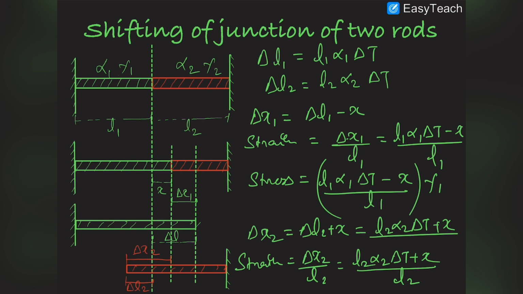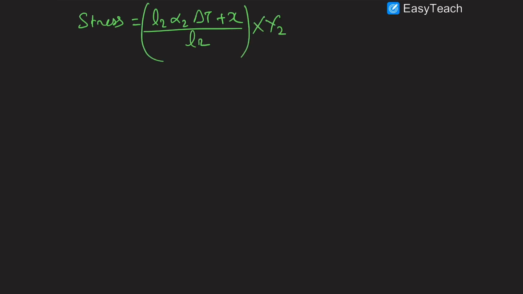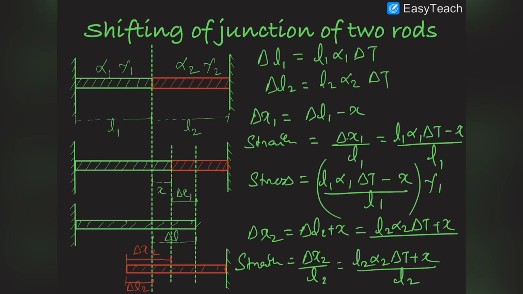This is (L2 α2 Δt + x) divided by L2 and multiplied by γ2. And we can see that the stress in these two rods will be equal because the net force is 0, because they are expanding very slowly, and expansion is obviously a slow process. So we can say